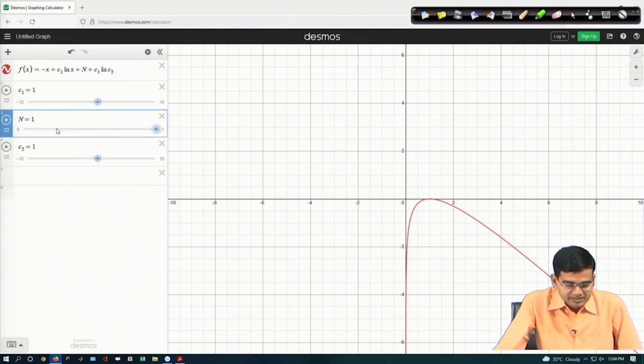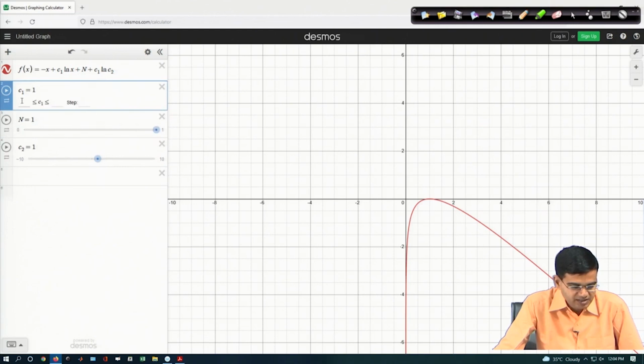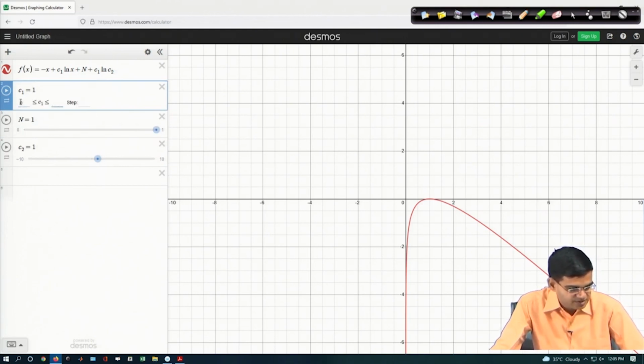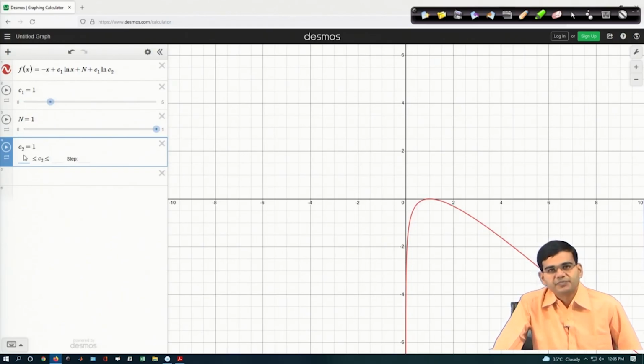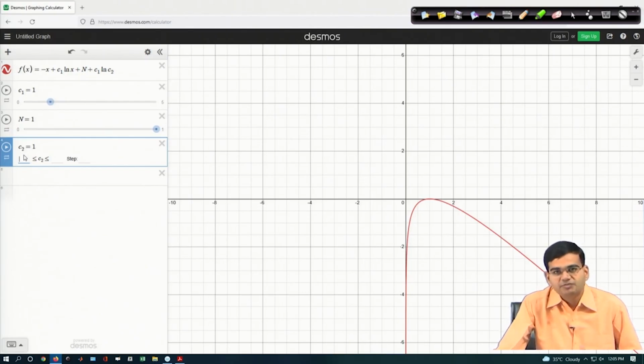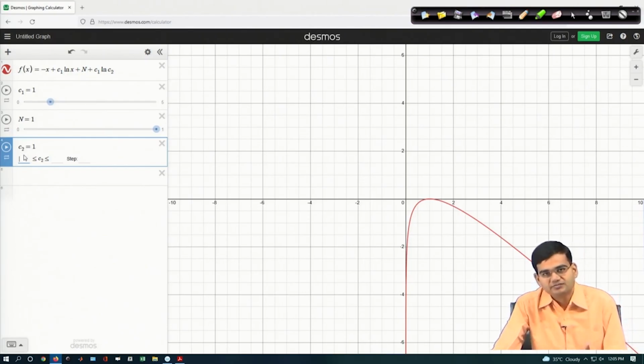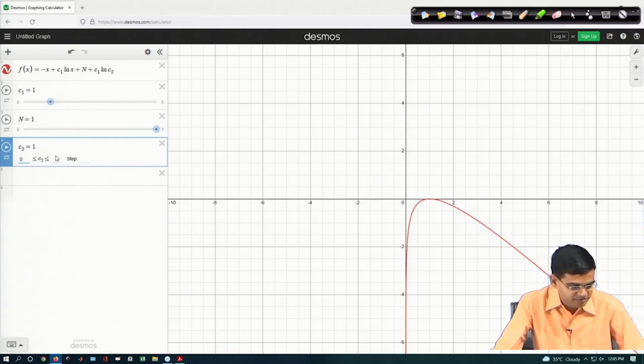Fine. Then C1 corresponded to the ratio A over R. A is positive, R is positive. So, therefore, let me make this a quantity say from 0 to 5, and C2 is the initial population, right. So, since C2 is the initial population of the susceptible, the range has to be between 0 and 1, because the maximum population is 1, right. So, the range will be between 0 and 1,